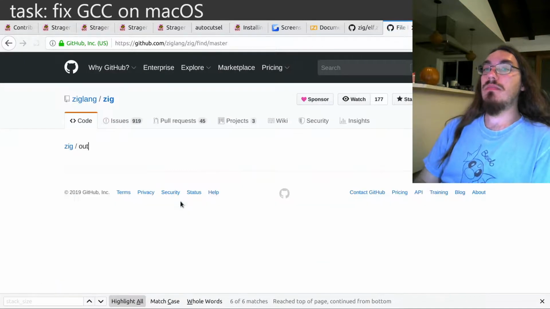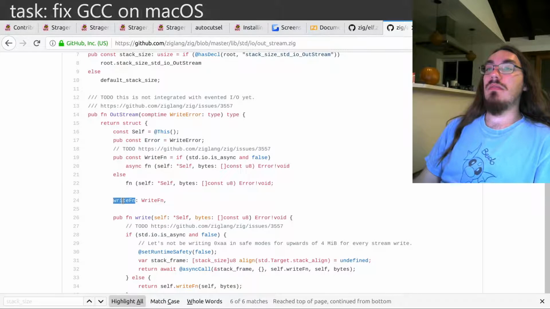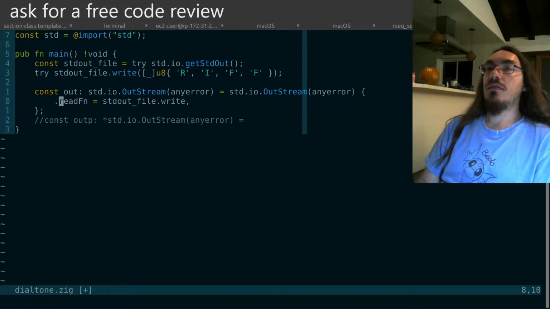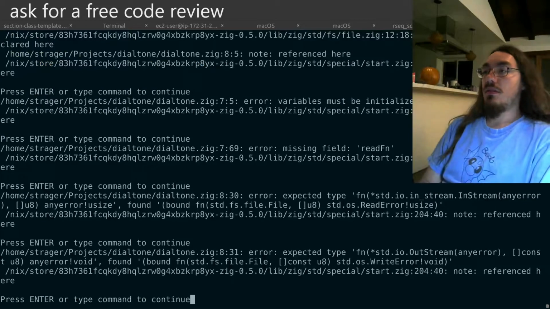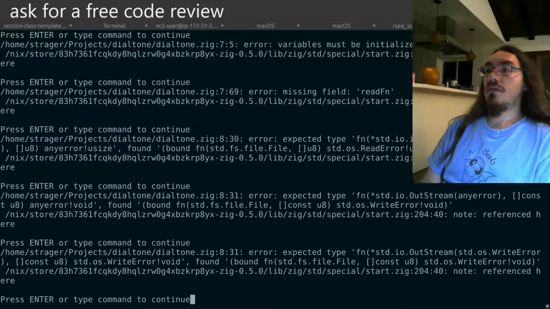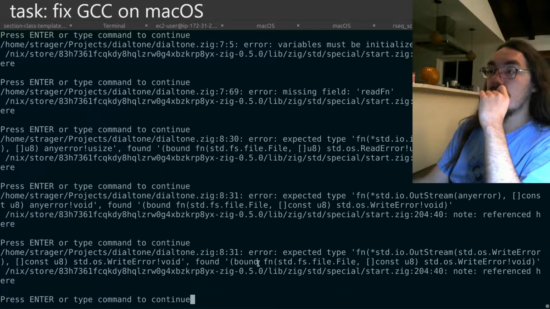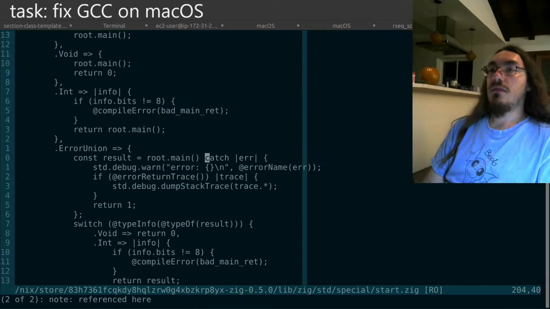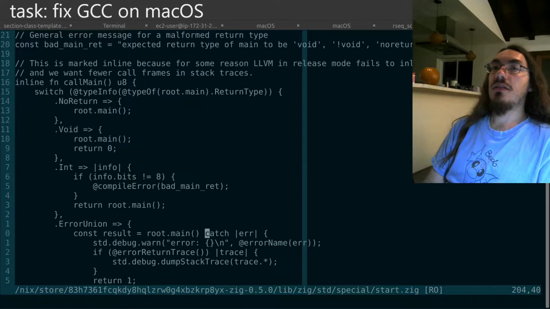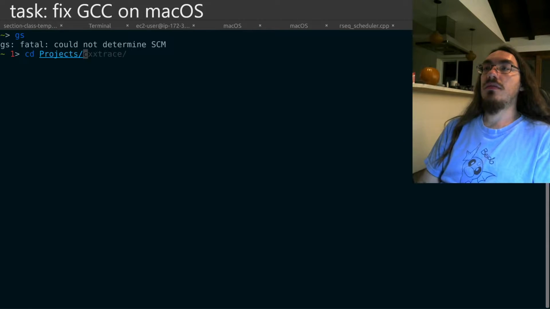I want outstream. So that has a right fin. Right. Expected type found. Sure, let's do that. Expected type found bound. Ooh. Referenced here. What the fuck? Oops. So that